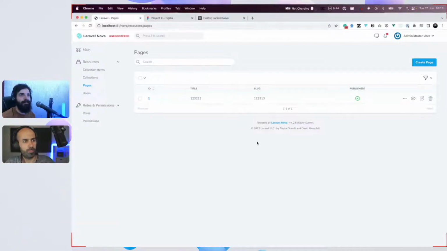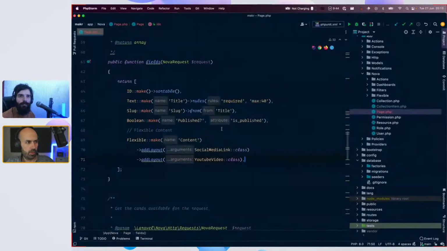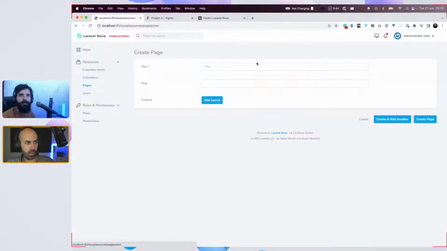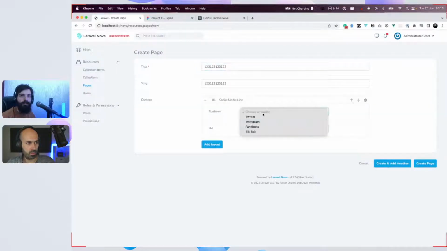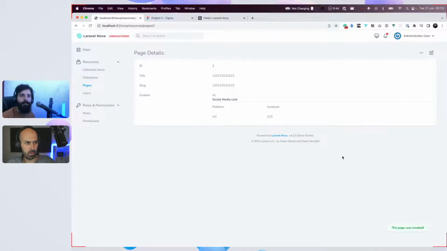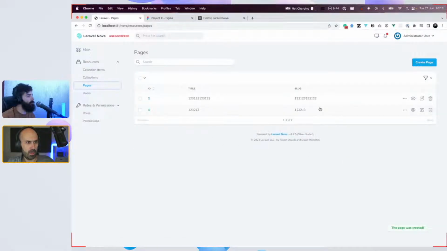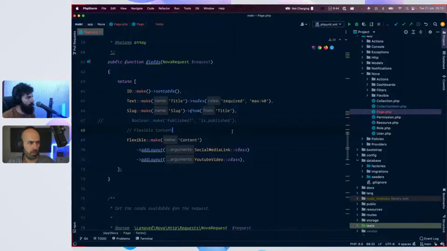Yes, so let's go. Okay, so pages we would, for now, disable this field. We can create a page, of course we can. Why not? The thing is, we need to show the field on the index.